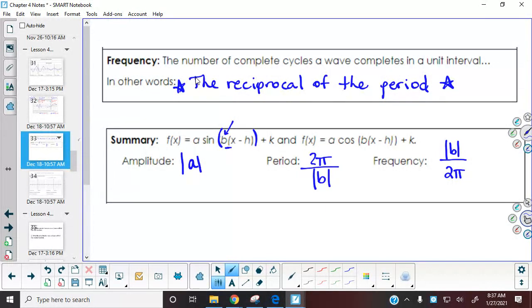Okay, and again, guys, one of the reasons, let me just talk briefly about this. What this is basically saying is in 1 unit, you've gone 1 over 2 pi of the cycle. Let me say that again. In 1 unit, you've gone 1 over 2 pi of the cycle. So that's why that idea of the reciprocal of the period connects to frequency. But if you can remember that the reciprocal of the period is how you find the frequency, that's the